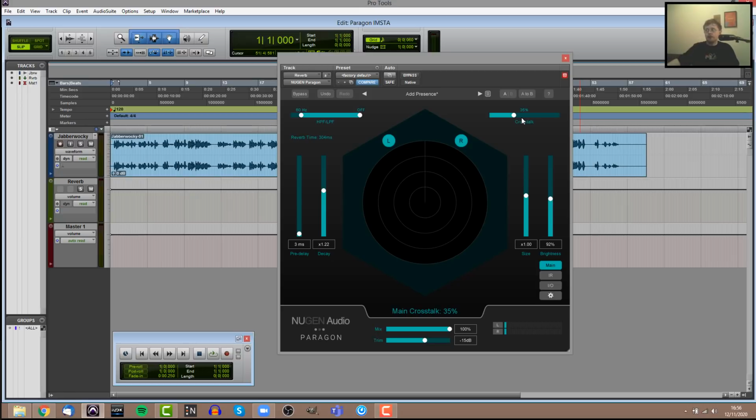If you have the crosstalk on 0, then it means that the dry audio from the left channel is only being sent to the left channel reverb, and the dry audio from the right channel is only being sent to the right channel reverb. If you have the crosstalk on 100%, there's loads of cross-contamination between them, and you want to strike a balance between those, because obviously